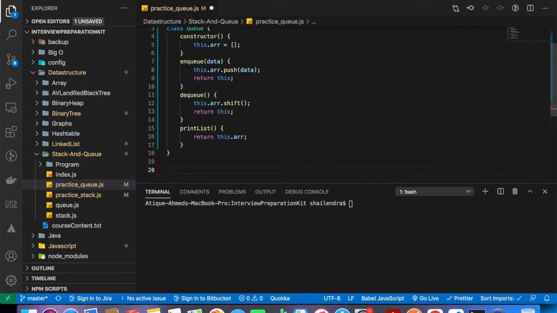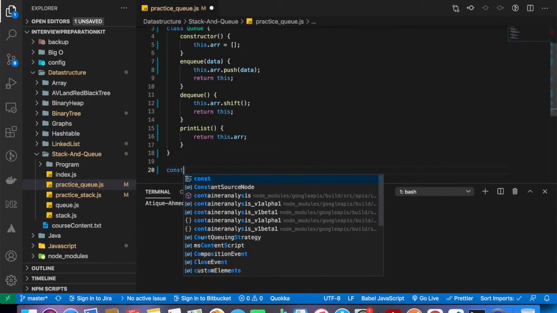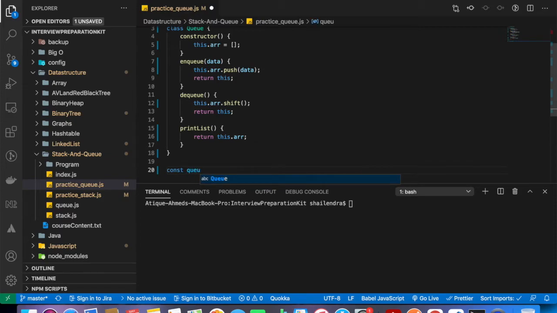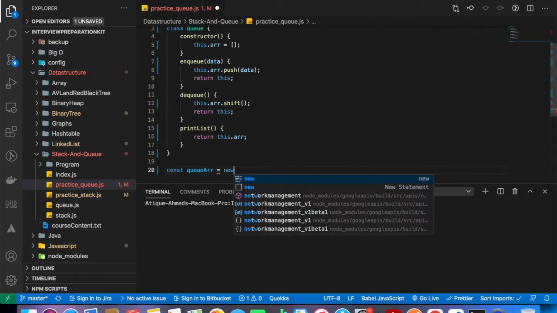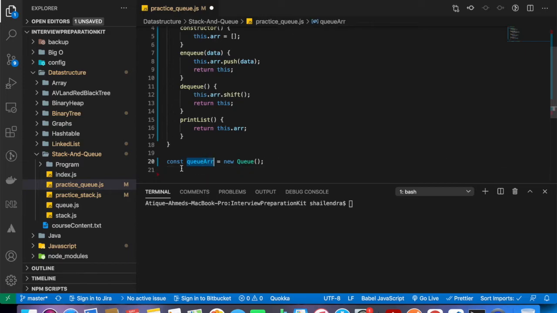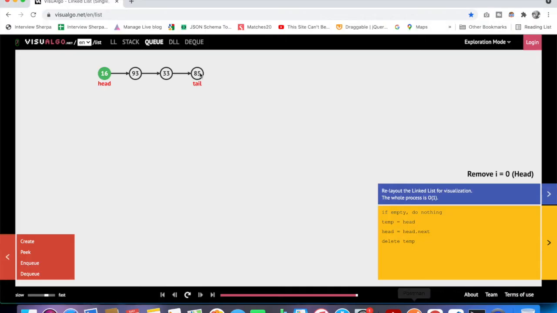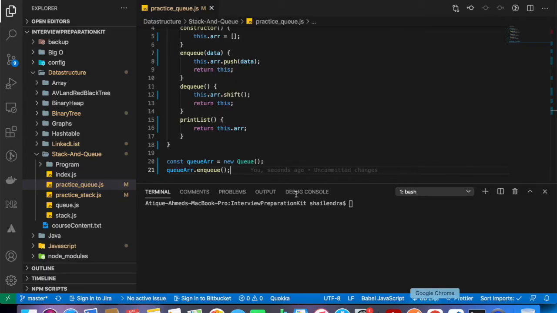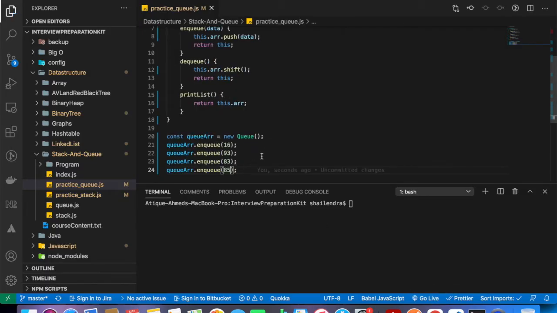Alright, so let's instantiate the class. In order to do that, I can say queue equals new Queue, and I'm going to enqueue 16, 93, 33 and 85, and let's enqueue one more value, 5.